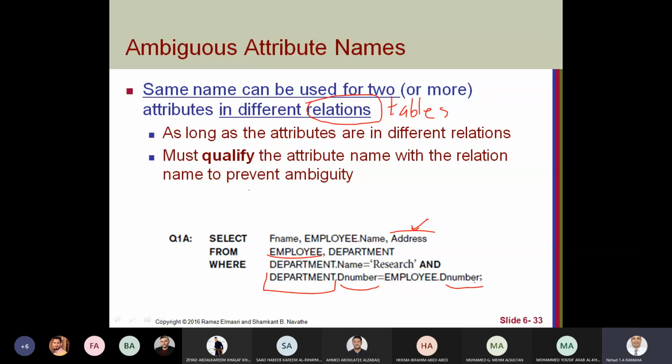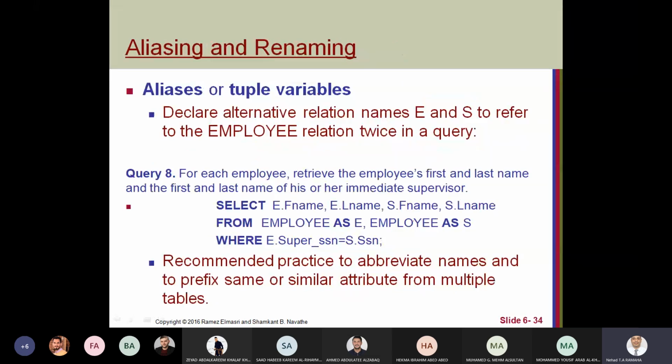D number, it will not understand if we have D number also in department and employees. That's why we can use the table name. Another way, we can use aliasing